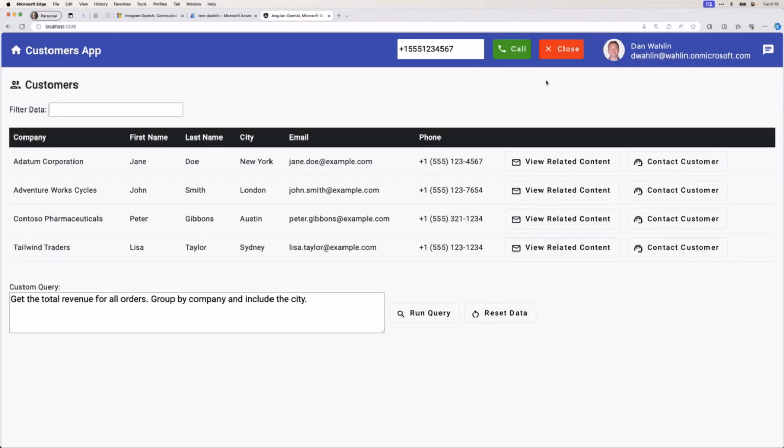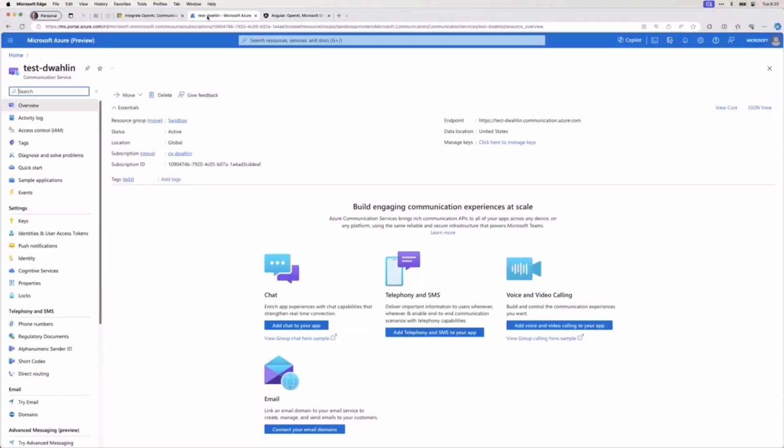And again, I know not every line of business app needs this. I've worked on a lot over the years, and there's many where you don't need phone calling. But there's others where this might be really valuable. So that's the feature we're going to talk about here: what would you do to implement this? Well, first off, you would go to the Azure portal and you would create an Azure Communication Services resource.